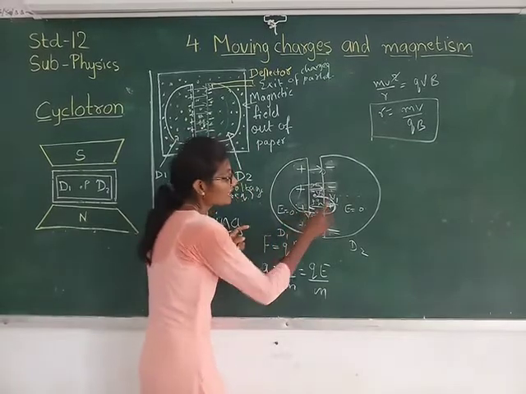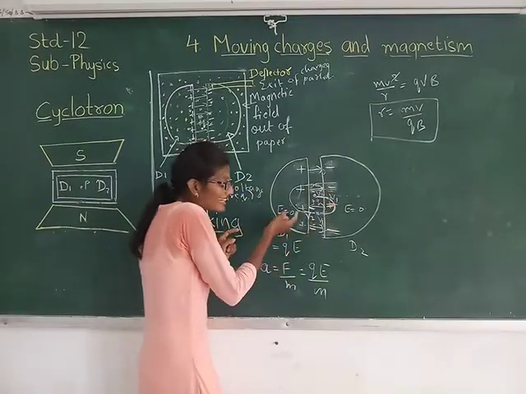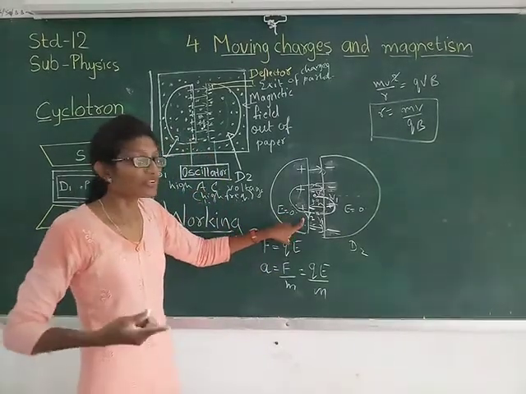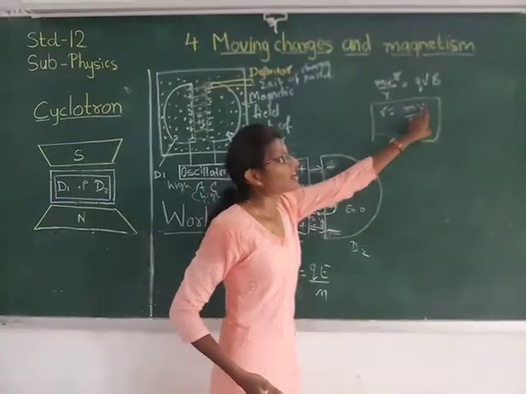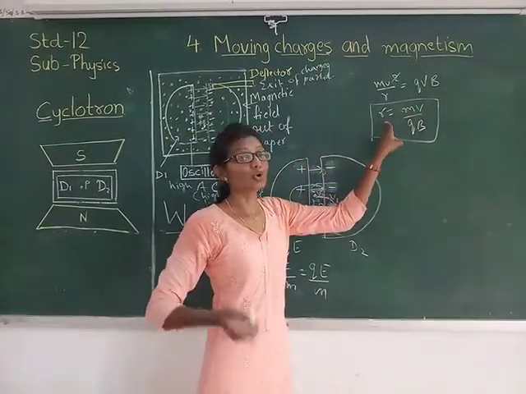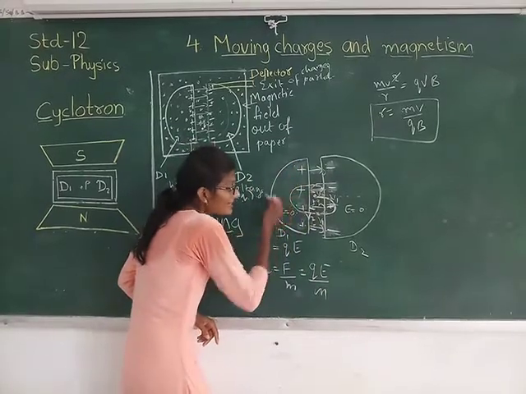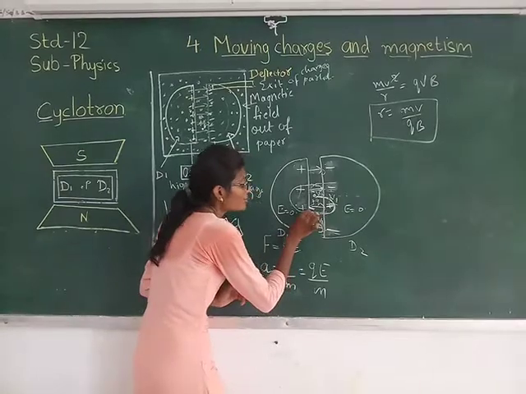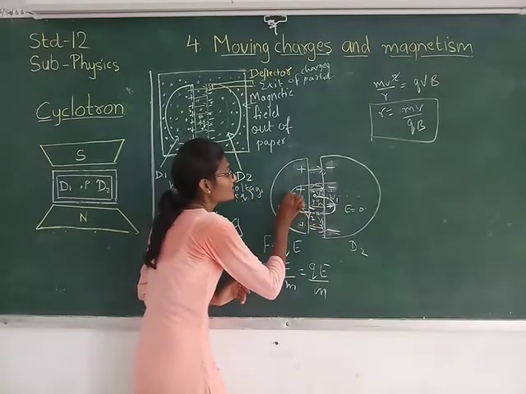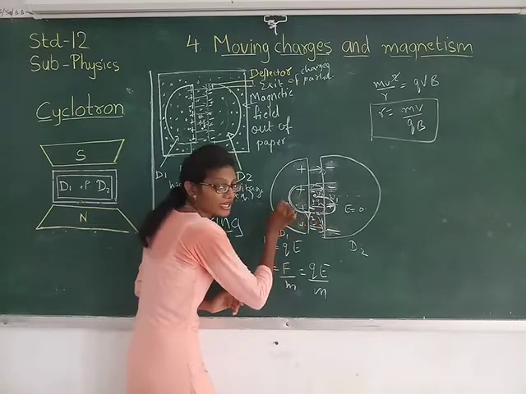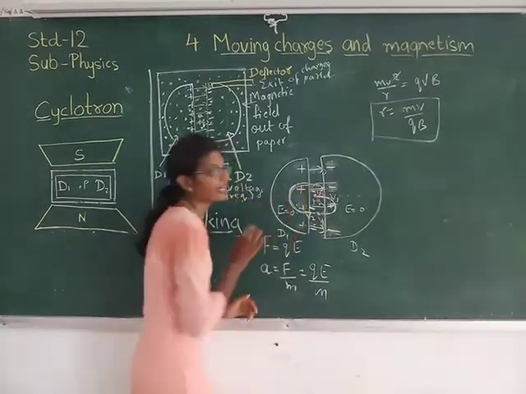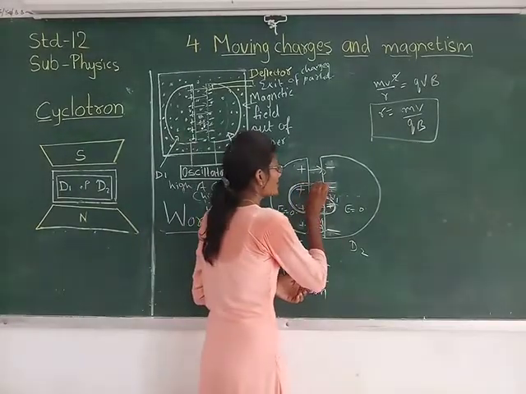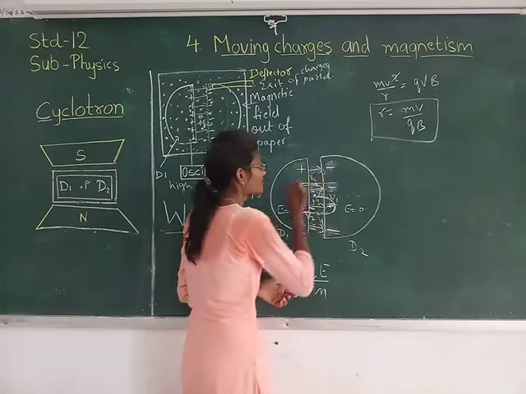But here you can see that the velocity is v1, but when it enters into D1 its velocity is increased, right? It has now become v2. So according to this equation, because the velocity increases, the radius also increases. So inside this, the magnetic field will take this charged particle in a circle, it gives a circular path with greater radius. So with the velocity v2, it comes over here.